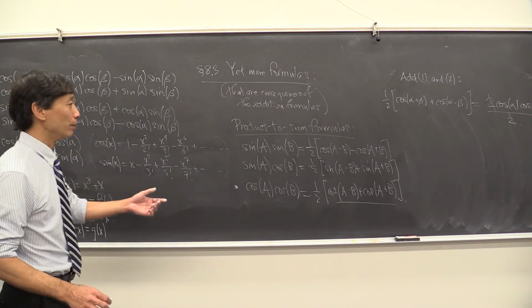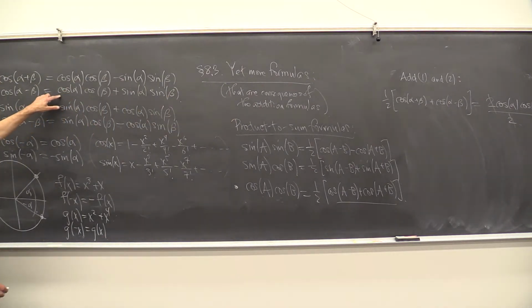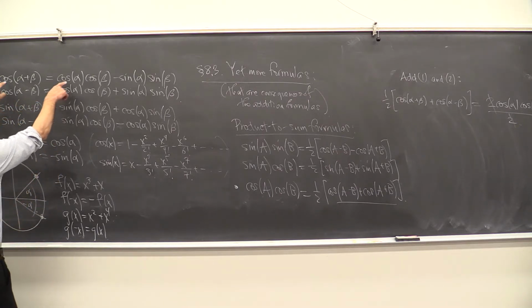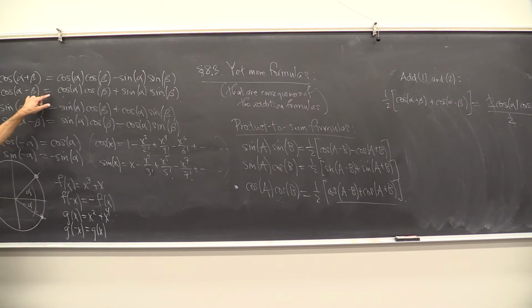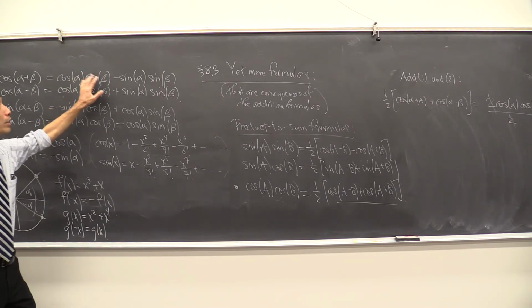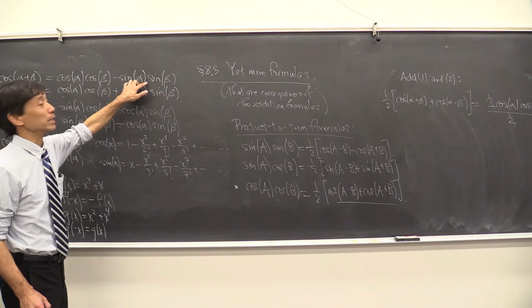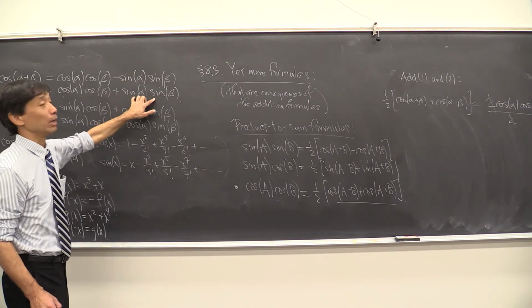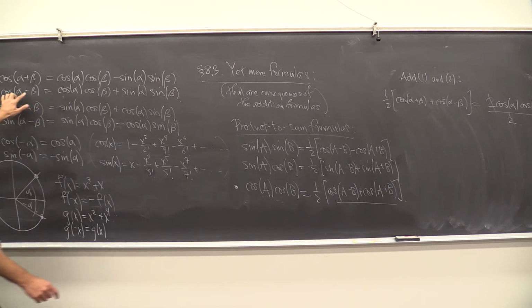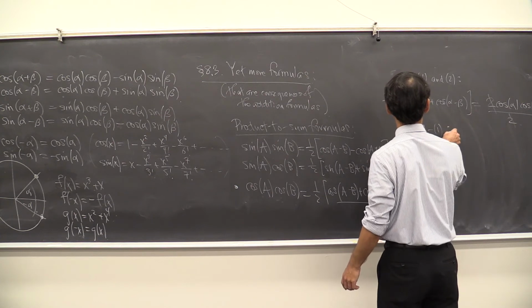Right. And suppose you subtracted, suppose we take number 2 and we subtract off number 1. If we take the second formula and subtract off the first formula, well, then what's going to happen? We're going to get this minus this, that goes to 0. You're going to get this minus this, that's going to give you twice of this, because you've got something minus its negative. And over here, you'll get something. So if we take formula 2 minus formula 1,